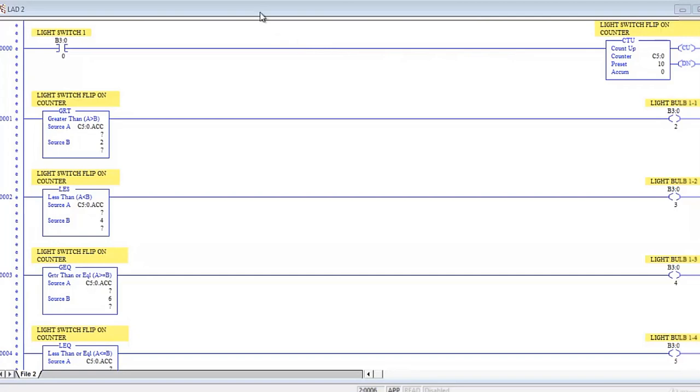But you'll recognize the basic idea of this program from our last lecture. We still have our light switch. We're still looking for it to be closed or to be on. And we're still looking at our same counter, count up, and we're counting up to 10 transitions of that light switch going from off to on. Now, as we're flipping that light switch back and forth, we're looking on the following rungs at